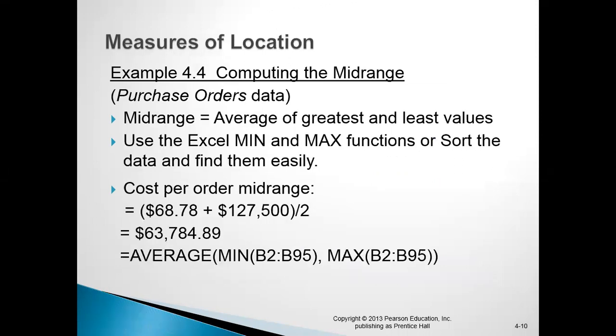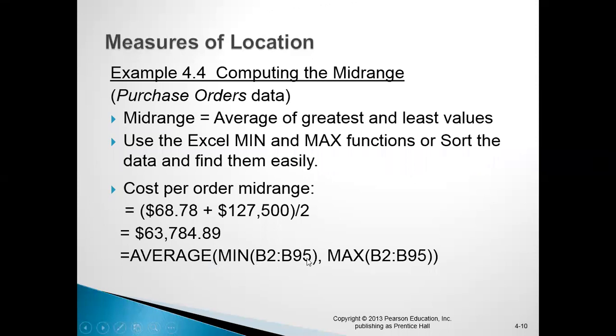Then we used one formula for mid-range, and in that mid-range we discussed how to find the minimum value in Excel and the maximum value in the Excel sheet. So what we have to do for that, we just have to use the minimum formula. I'll write the average, and in that average we'll put the value of minimum in a particular range. So once we put MIN, then we have to define the range.